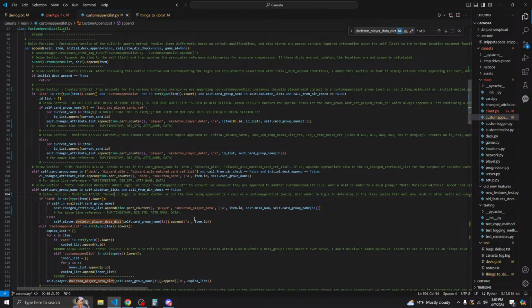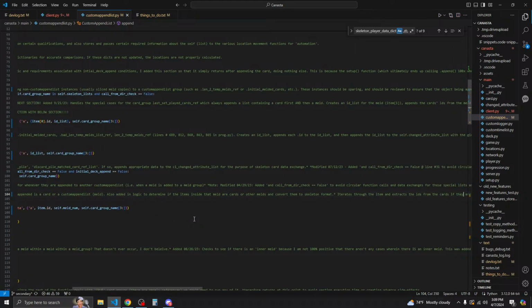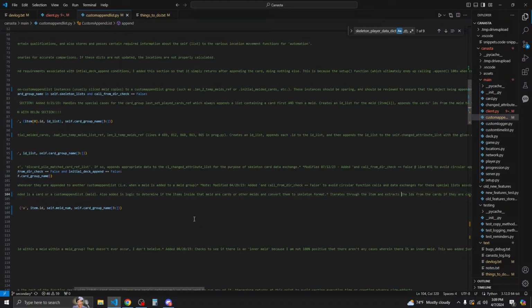7.24. Adding latitude check or nothing within this program. We actually want to keep this a special note. Iterates through the item and extracts the IDs from the cards.